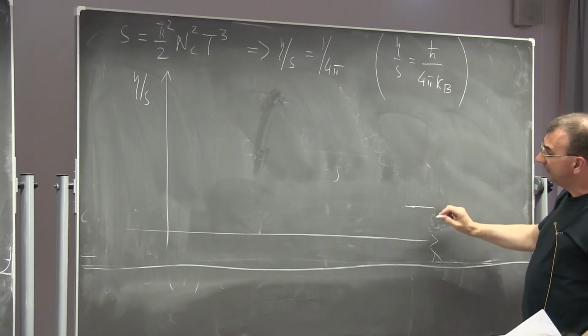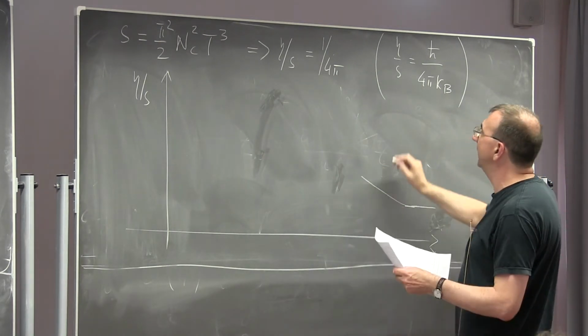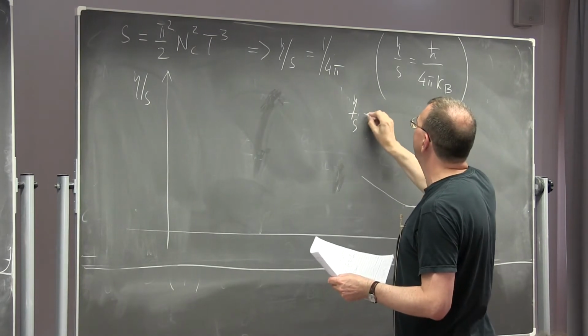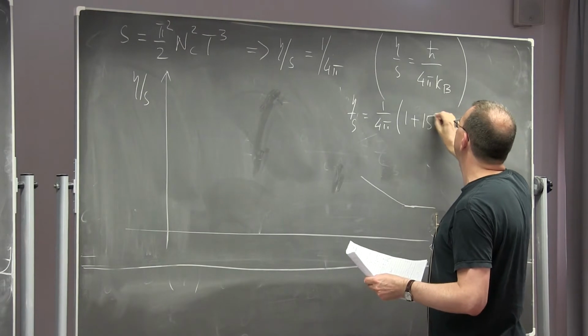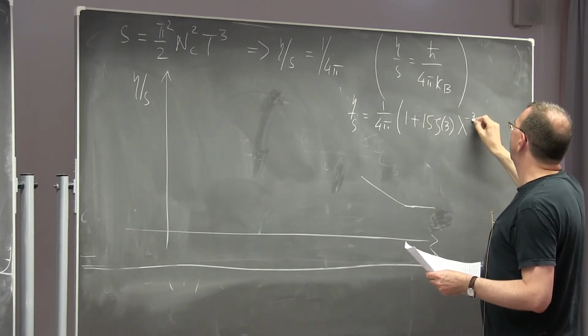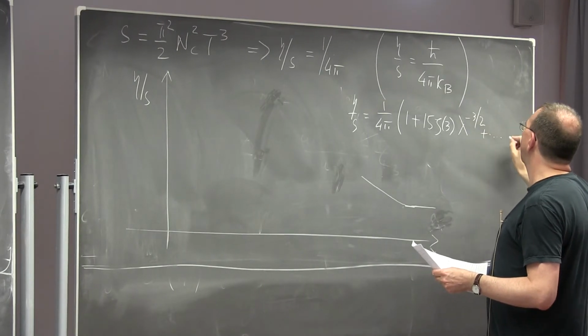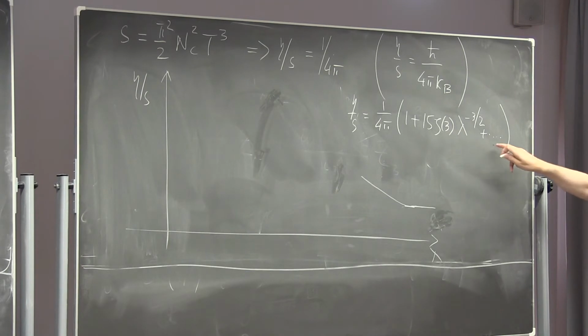And then a correction was computed from gravity. The correction from gravity is the following: eta over s is 1 over 4 pi, times 1 plus 15 zeta function of 3, some number, lambda to the power minus 3/2, and then there are some corrections which have not been computed, and I don't know if they ever will